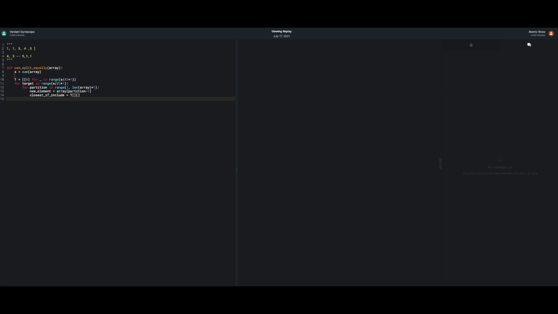Oh, and up here we can say if s, yep, that's a great addition. I'll say final target is s divided by 2. So the final target is what we're trying to achieve with a subset. And then the closest if we include it would be final target minus new element, and then it would be partition minus one. And I guess we have to check